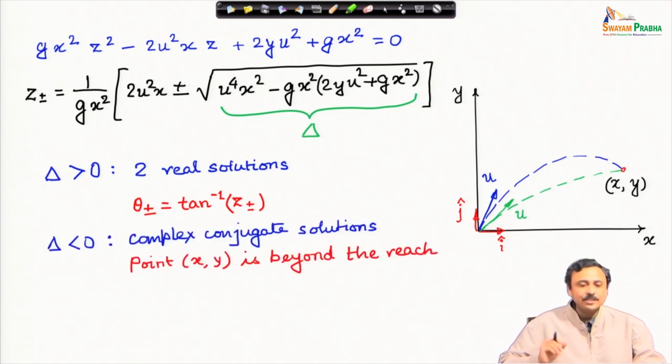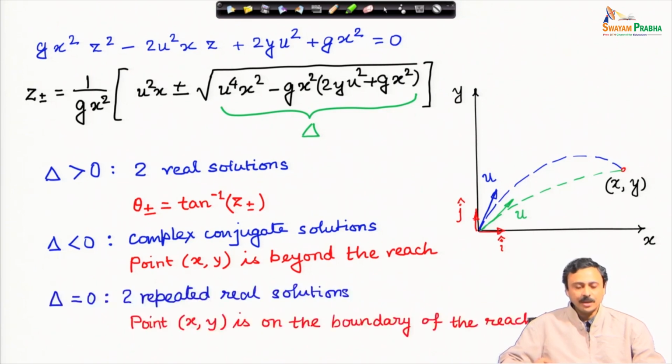But if delta is less than 0, then the quantity under the square root sign is negative, and therefore you have a complex solution. A complex solution means you cannot find a real theta. That means a solution does not exist, which means such a point x y cannot be reached. See, the discriminant is a function of u, x, y and g. Therefore, depending on where you want to reach, what your initial launch speed is, and what the acceleration due to gravity is, that will decide the sign of this delta. So, you cannot reach arbitrary points. When delta is less than 0, it is beyond the reach of the